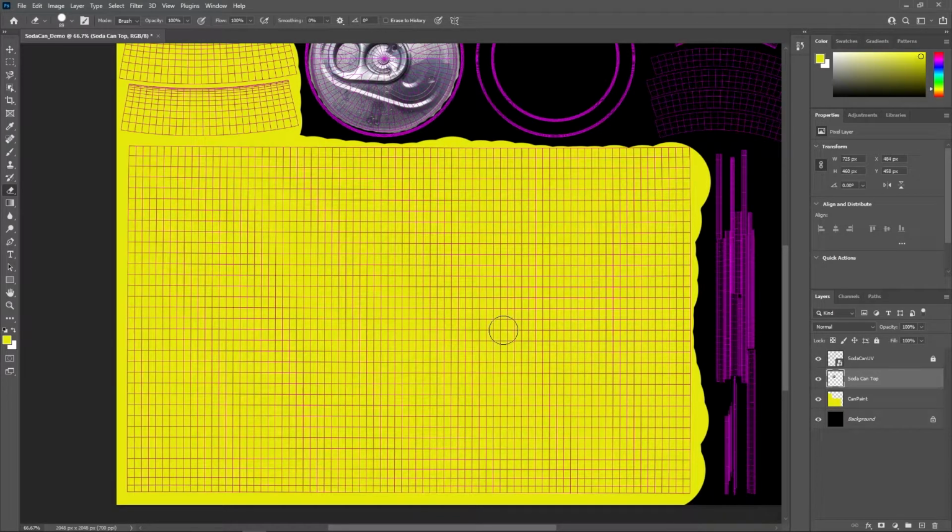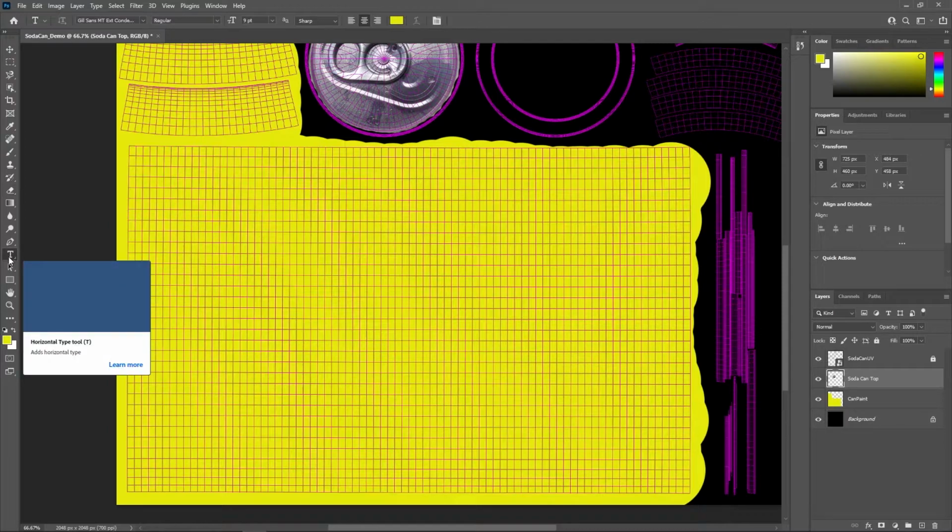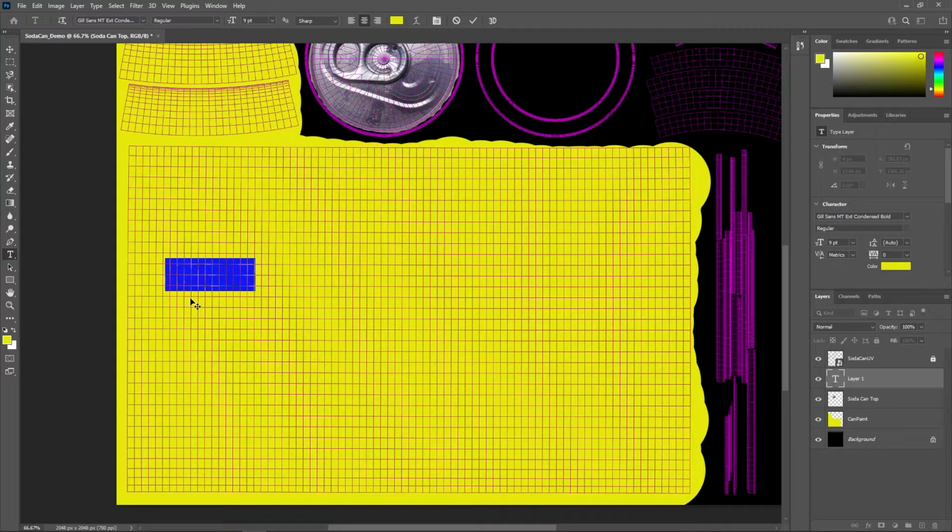And what I think I'm going to do is go ahead and add that to a new layer too. It may actually add itself to its own layer. Let's see real quick. So if I select the text tool and I start to click, it does. It gives me my own new text layer right here. And I'm going to type in something like we